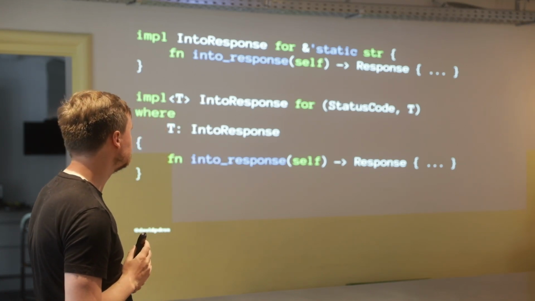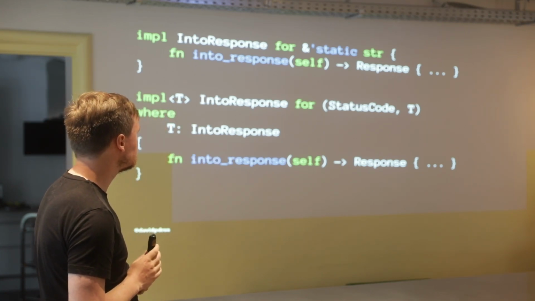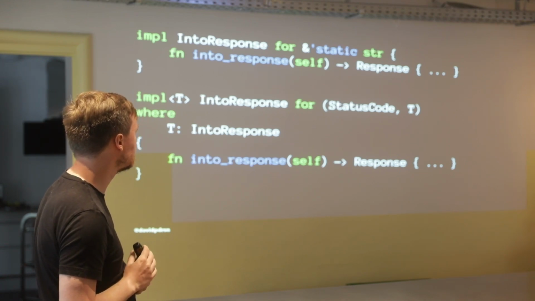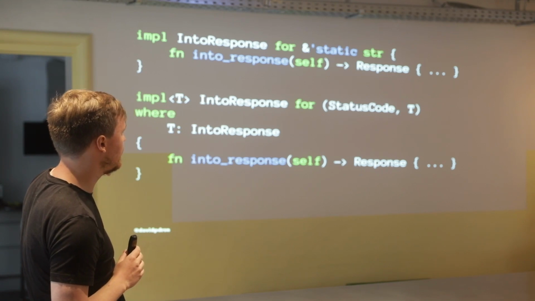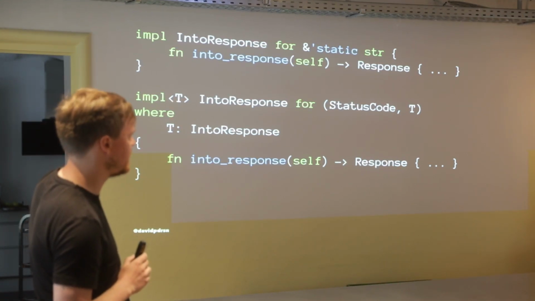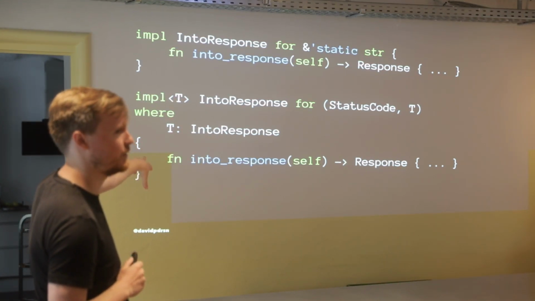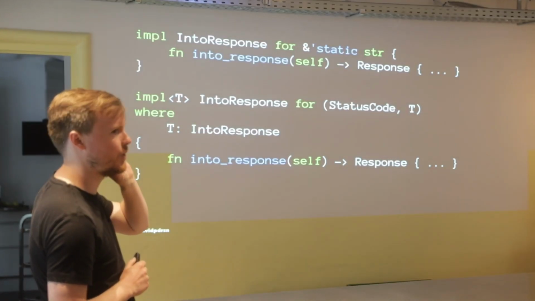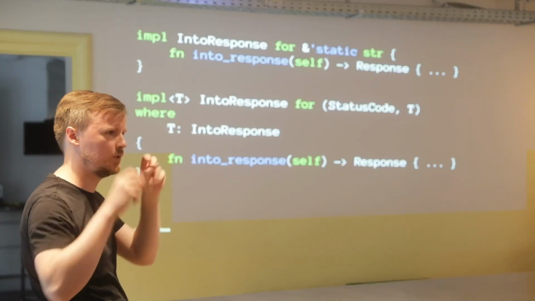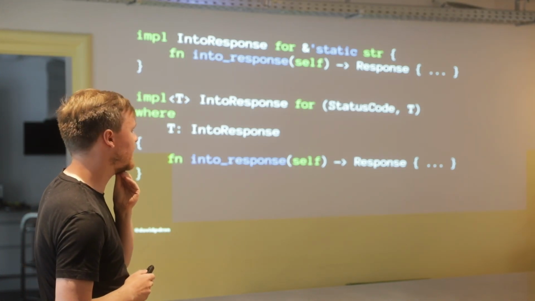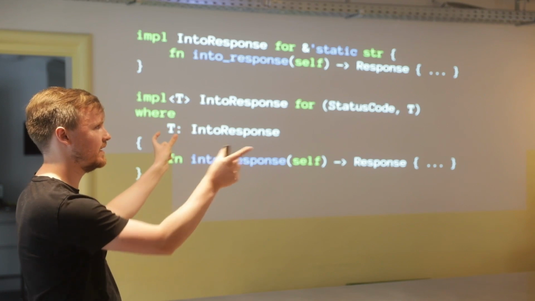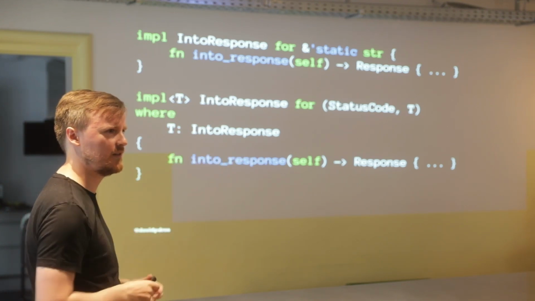Yes? Why IntoResponse rather than using the Into trait? I don't have a good answer. I'm not sure if we would be able to write the kinds of implementations on the second half here for the Into trait. I'm not sure that works for tuples because we don't own the tuple type, if you will. I also kind of like the symmetry of we have FromRequest and IntoResponse. I think that sort of matches up nicely.